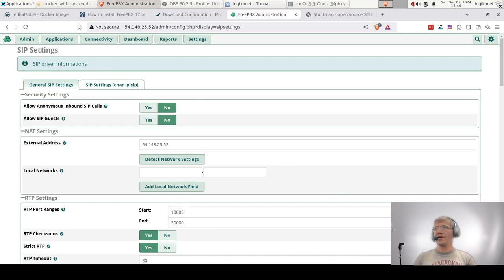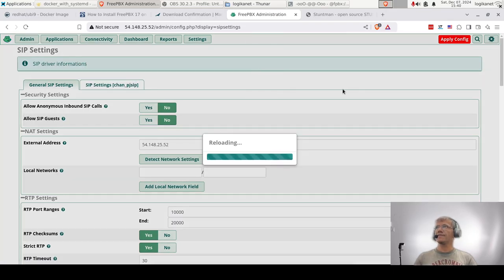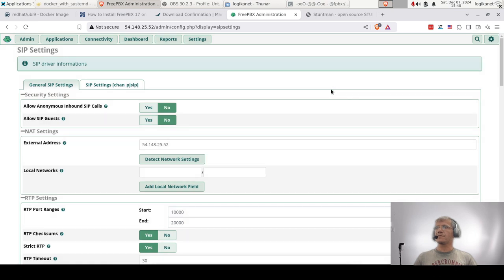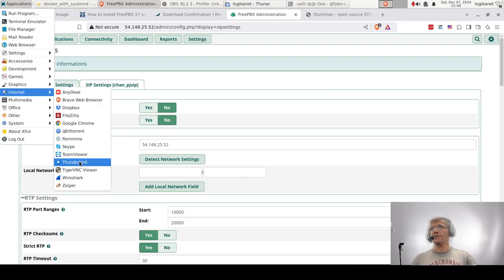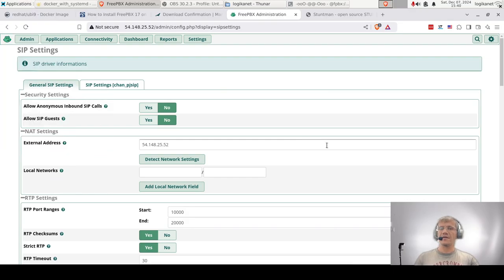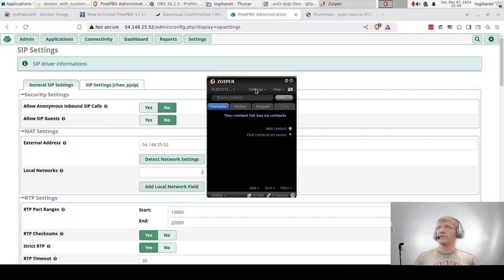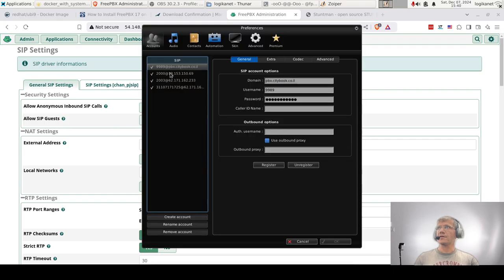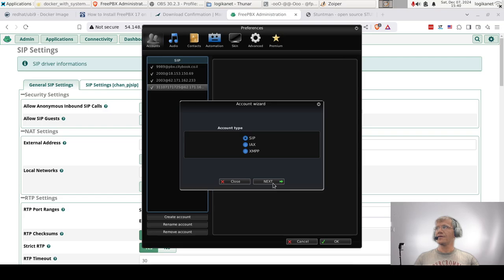So at this point, we have the PBX configured. We're just going to submit the changes, make sure everything's updated. And now the next step here, I'm going to load my Zoiper soft phone to test a phone call. Make sure everything's working fine. So we're going to go here, have some other accounts here. I'm going to add a new one, create account, SIP,